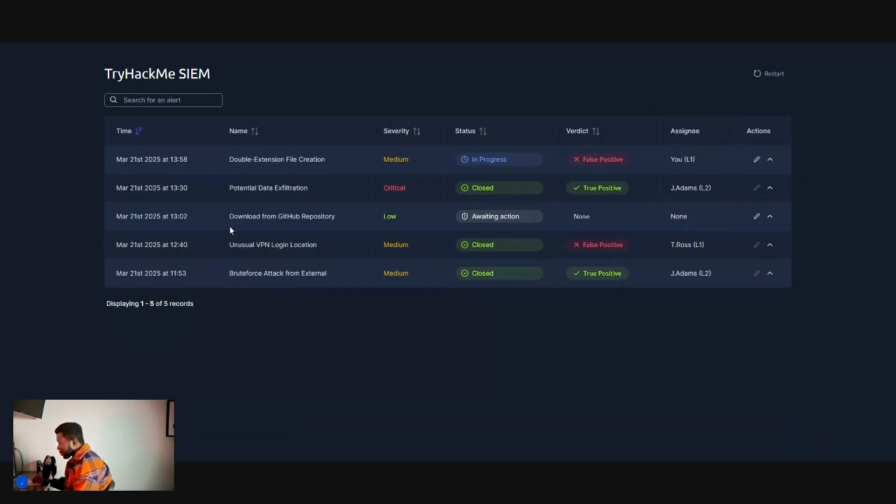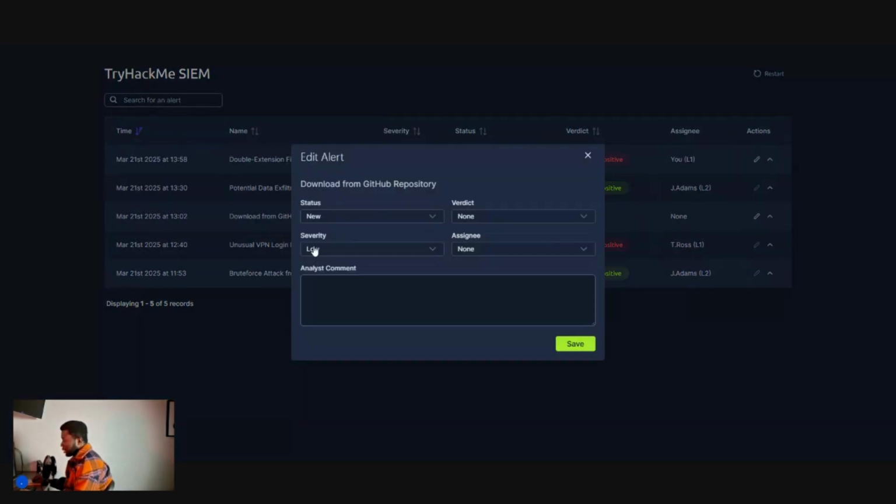Now let us look at this one. Download from a GitHub repository. All right. So we can put our pencil here. It is normal for persons in the organization to download stuff from the GitHub repository. So we can flag this as closed first. We can say false positive. We can leave the severity at low, assign it to ourselves and say